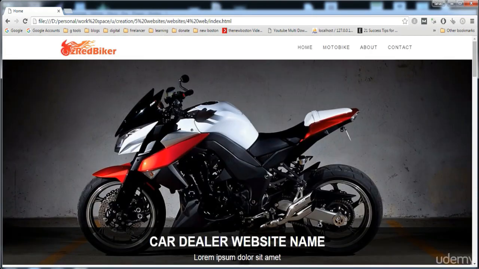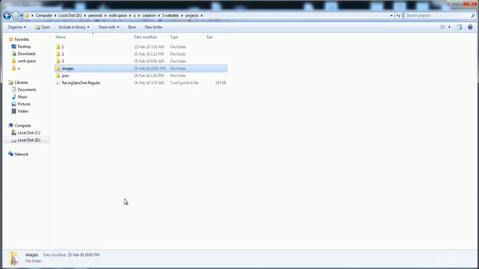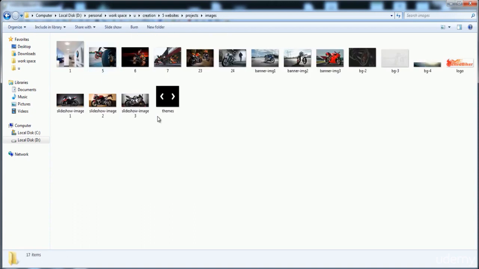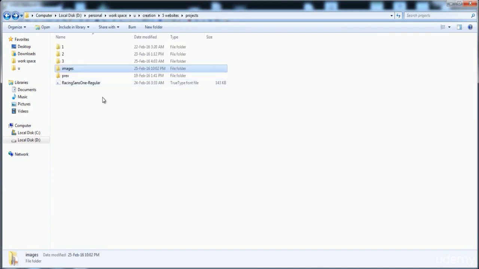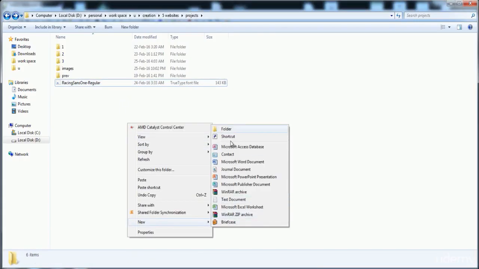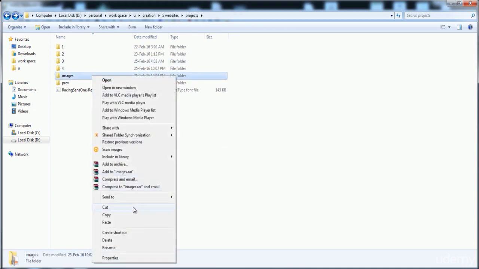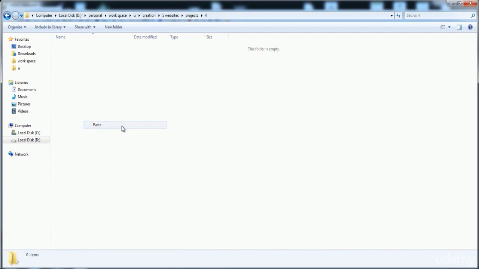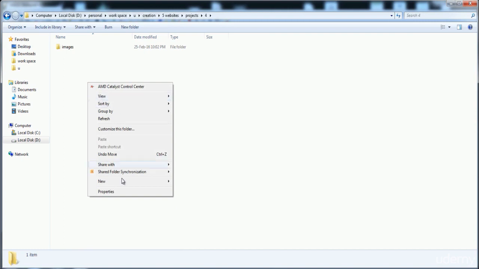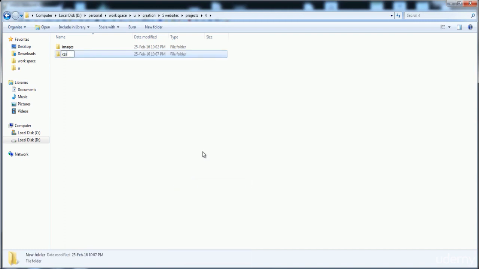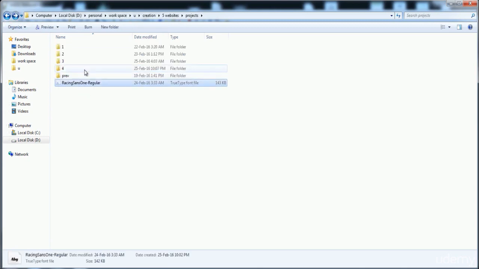So now let's start. We are going to build the structure of this site. Here I have already downloaded the images of this site, and here is the font that we are going to use. Now I'm going to create the folder, the website folder. I'm going to cut this folder, and in the website folder paste the images, and then create a new folder for the CSS. It contains the CSS files, and the font, I'll cut this,